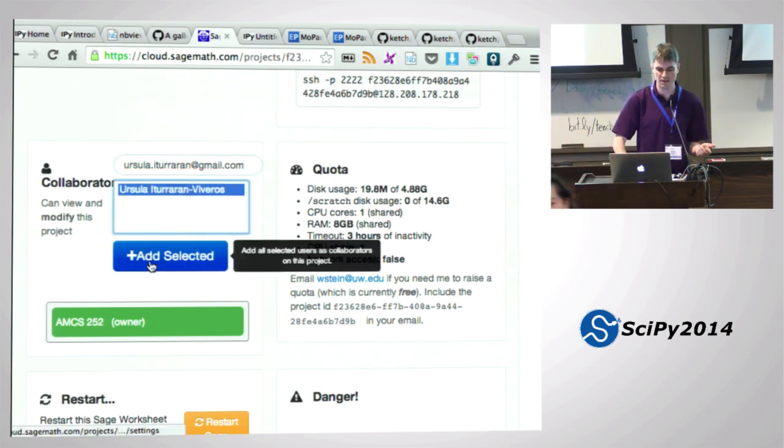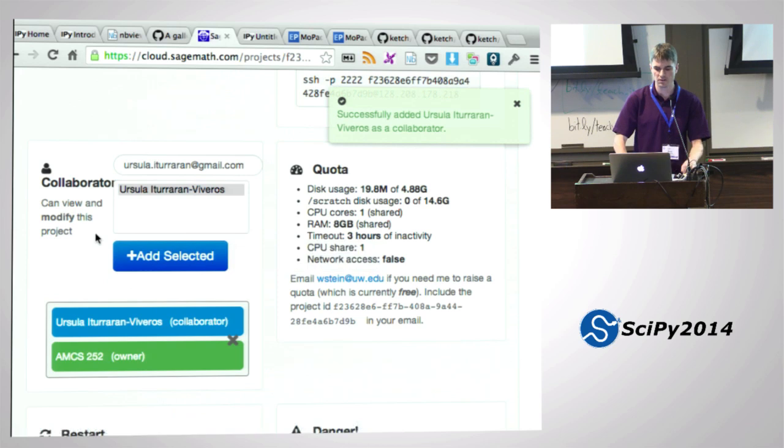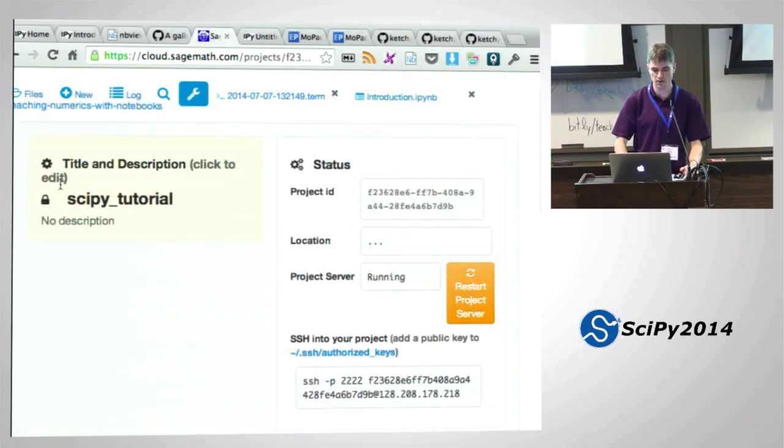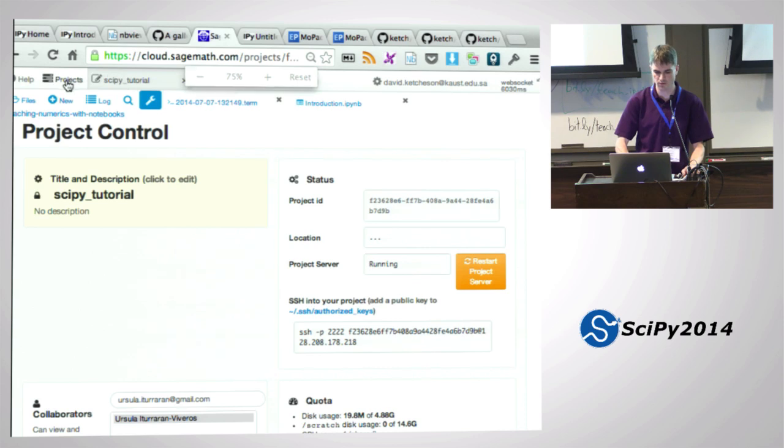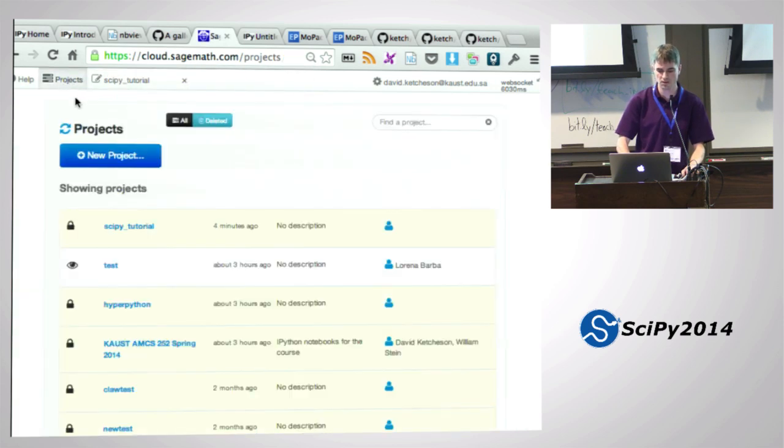I'm going to add you as a collaborator. Okay. So now if you go to your projects, you should be able to see my project. Because I'm zoomed in so much, I don't have all the controls. But if you click up here on projects, Ursula, you should see this SciPy tutorial project that I created.